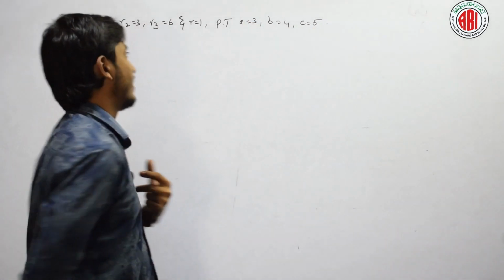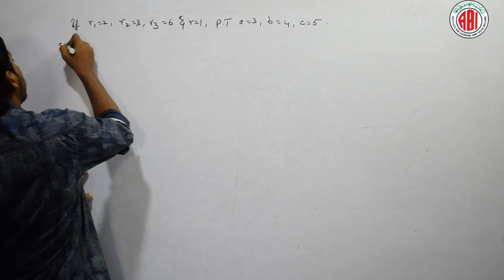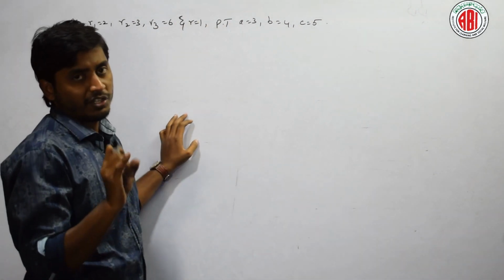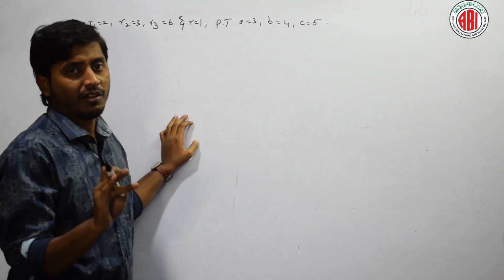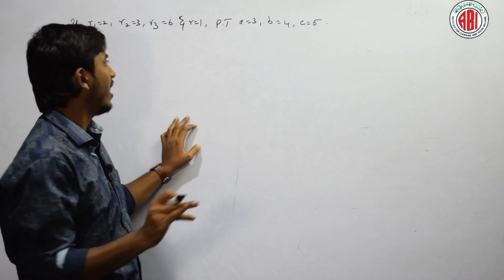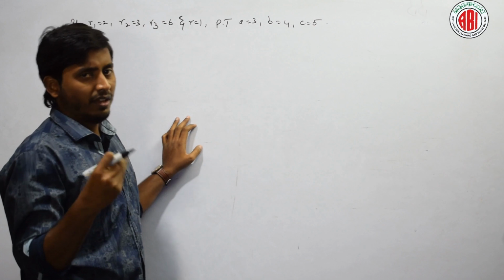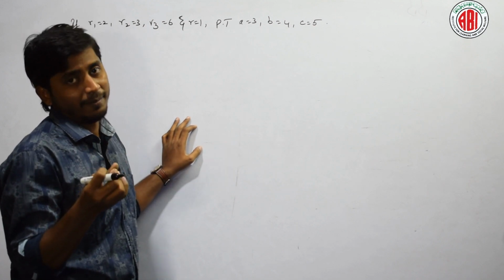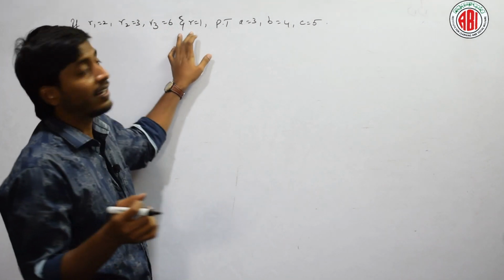Okay. Now just tell me, what is the key relation between R and A? That is, either we should have the value of S or we should have the value of delta. Okay. S, okay, it may not be that easy as if we get the value of delta. What is the relationship between R's and delta?